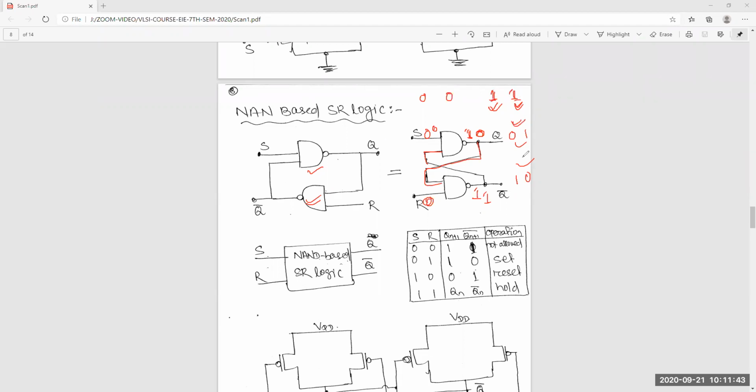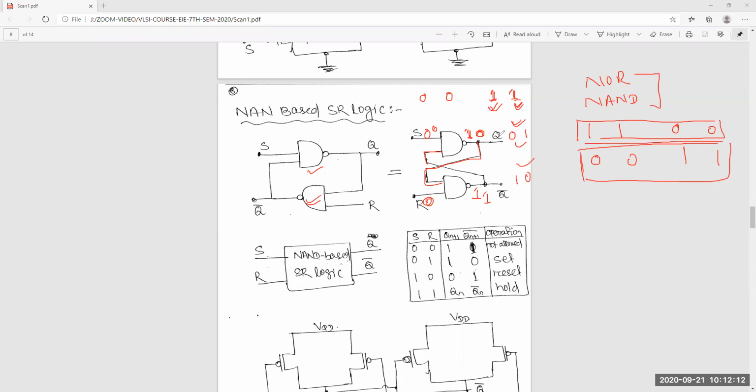So in both NOR and NAND there is one invalid condition: in the NOR case when you give 1 1 you get 0 0, and in the NAND case when you give 0 0 you get 1 1. These two are not possible.